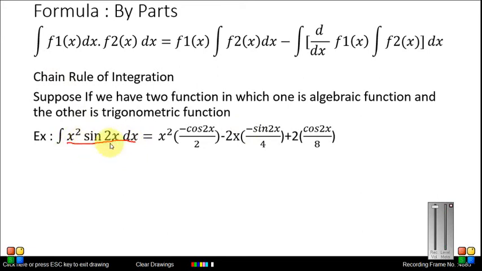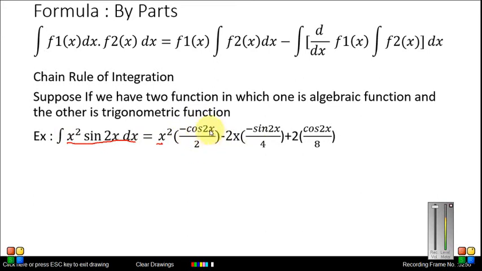How to solve this? The first function, that is x square, will be as it is. Then integration of the second function, that is sine 2x. The integration of sine 2x is minus cos 2x upon 2. That is, the coefficient of x is 2, that's why upon 2. Now then minus sign, after that the differentiation of x square, it is 2x, and the